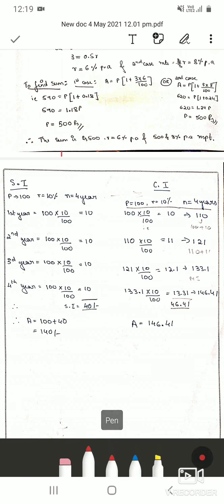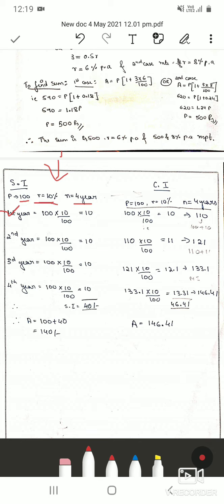So I have elaborated an example. Here let us take the principal amount as 100 rupees at 10% simple interest for 4 years. That is, suppose I am borrowing 100 rupees from a bank for 4 years at 10% simple interest. Then let us calculate what will be the interest, and also the amount that I have to pay the bank at the end of 4 years using simple interest. We'll forget the formulas right now. We'll just see the direct, simple method.